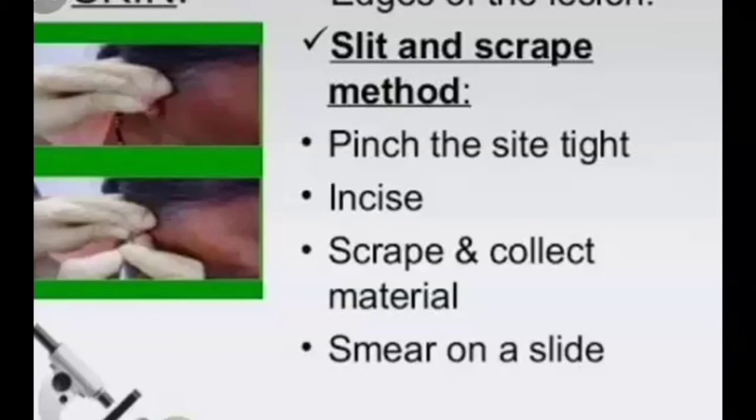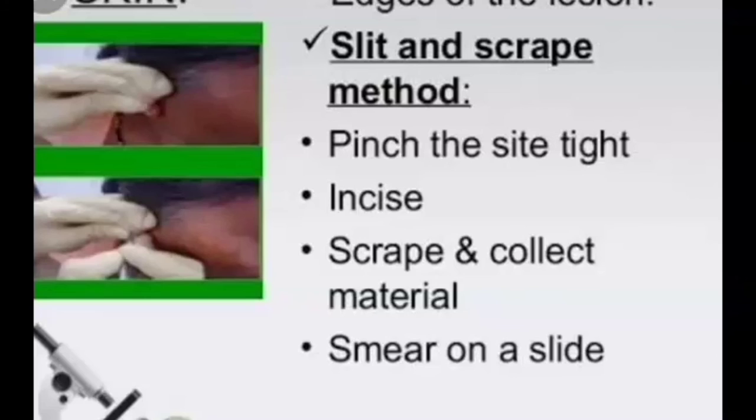Here we select the edge of the lesion. For example, in the earlobes there is a lesion. The procedure name is the slit and scrape method. We pinch the site tightly.